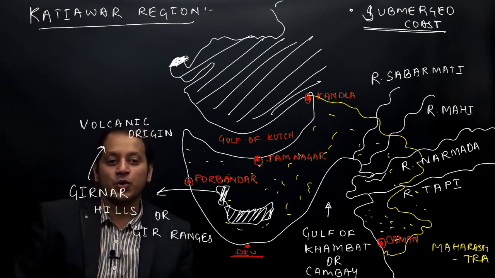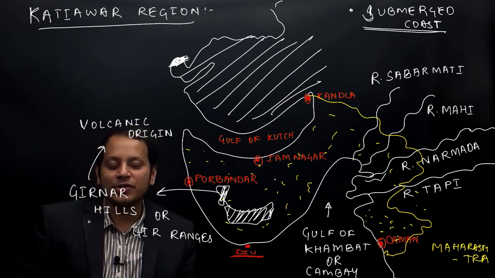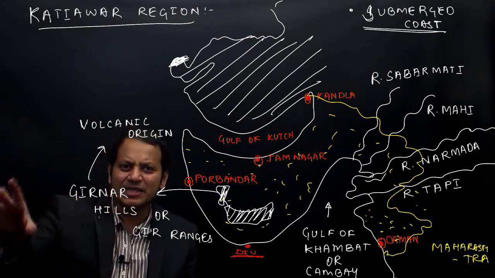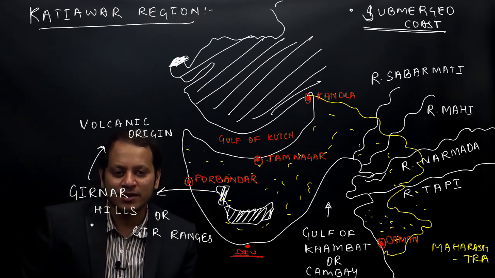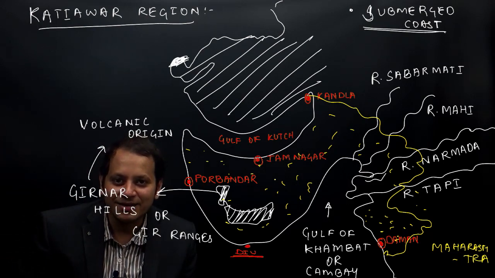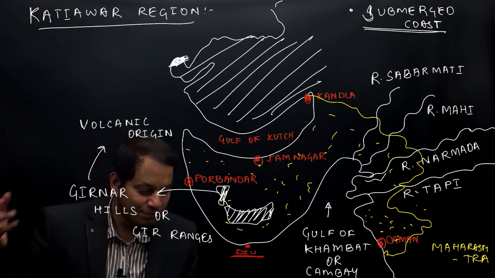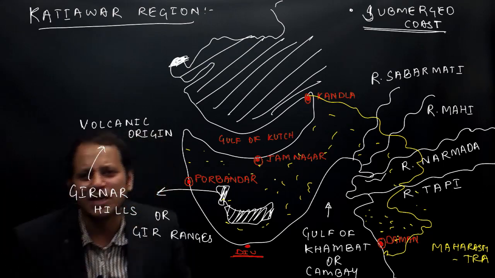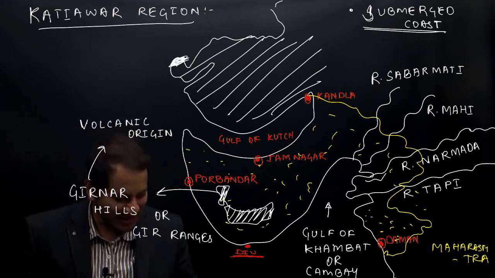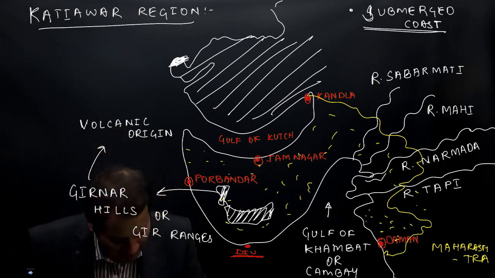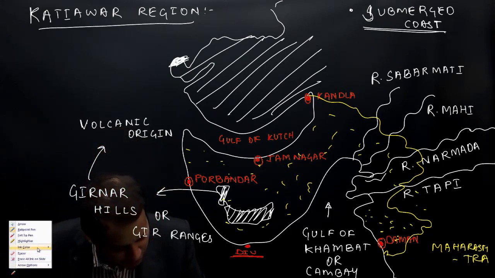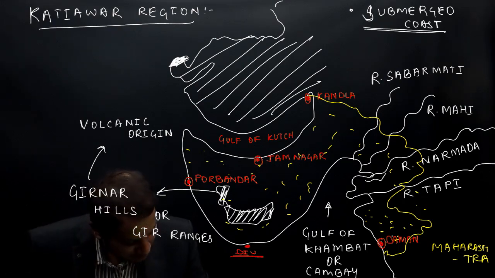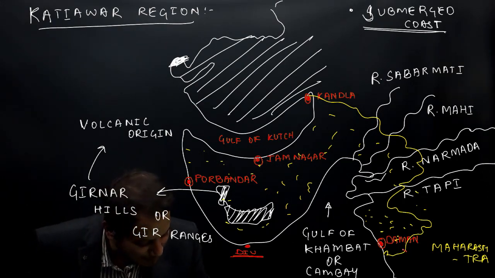Now if I ask you, Diu Daman lies in Maharashtra or in Gujarat? It is a union territory, but it is enclosed by which state? Maharashtra or Gujarat? You have an answer, it is enclosed by Gujarat. Then which is the union territory which lies between the border of Gujarat and Maharashtra? Can you see there is another union territory here? I will use again a different color to make sure that you don't make mistakes. The union territory here which lies between the Gujarat and Maharashtra border is Dadra and Nagar Haveli.